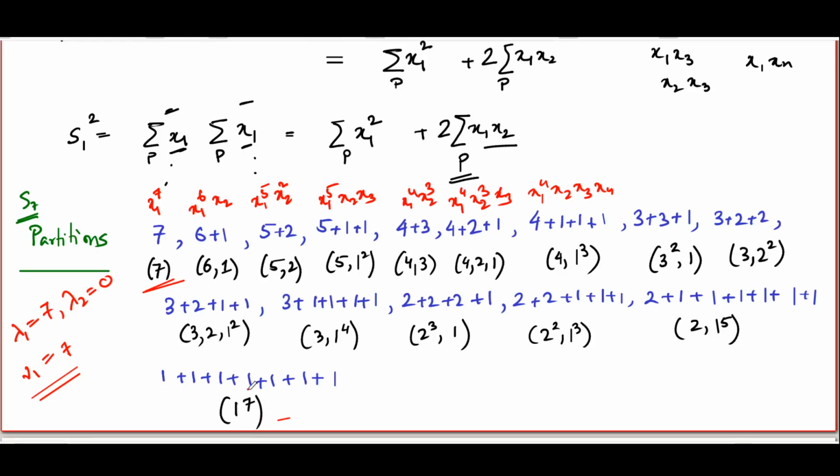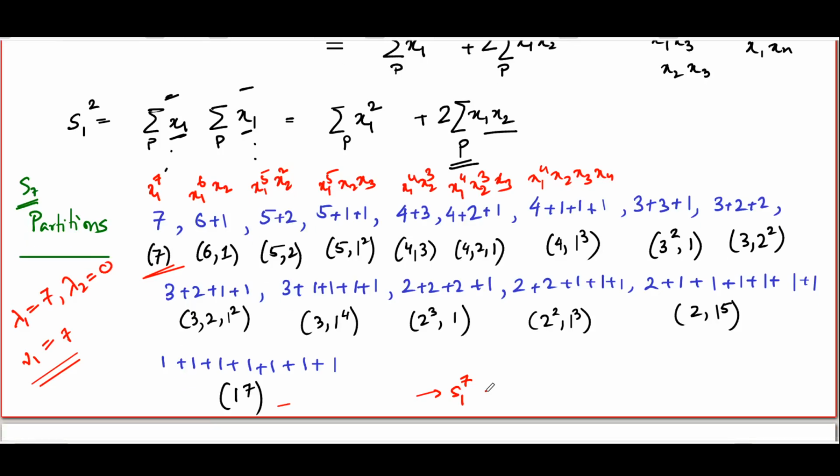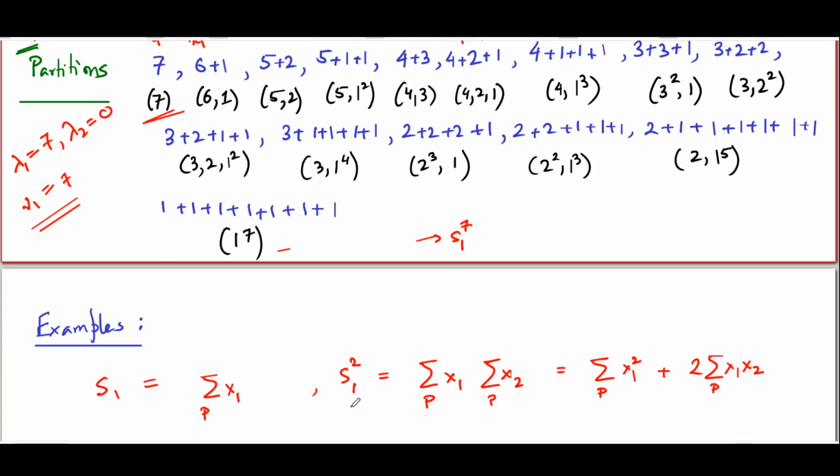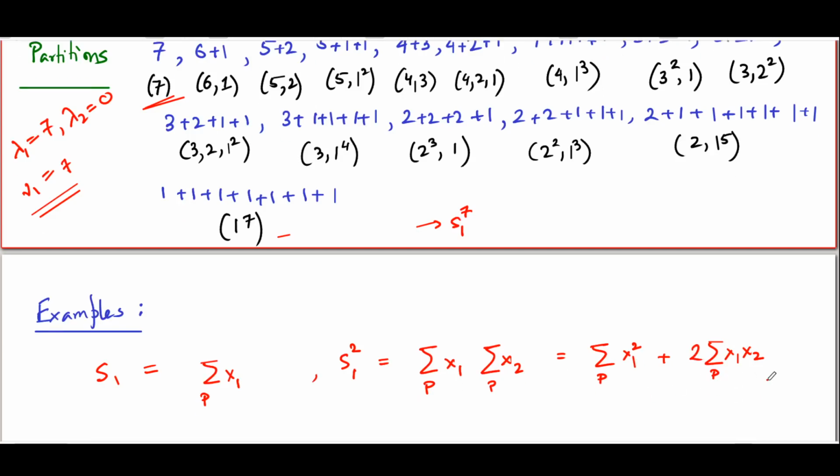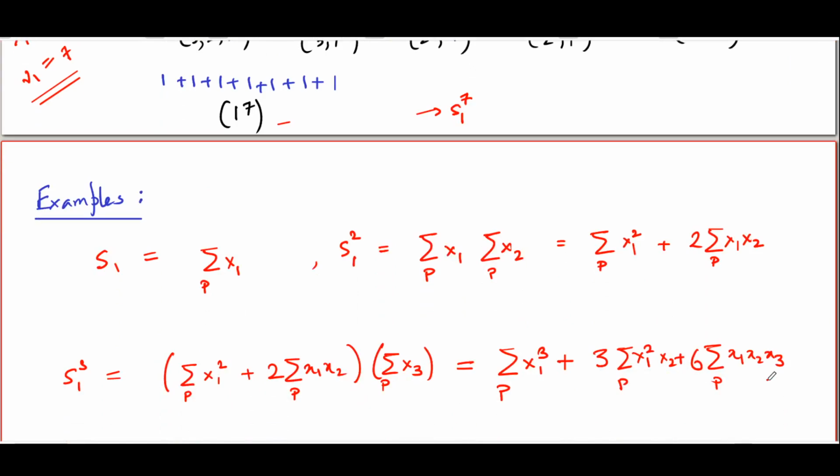The first class that we are going to look at is the class with 7 1 cycles, 1 to the 7. And of course, its corresponding symmetric polynomial is S1 to the 7. That is what we need to calculate to begin with. However, getting to S1 to the 7 in one go is a big leap. So what we will do is we will do it in steps. We already know S1, of course, is this, and S1 square we have figured out a while ago is this. To get to S1 cube from there, you need to multiply this expression by S1,